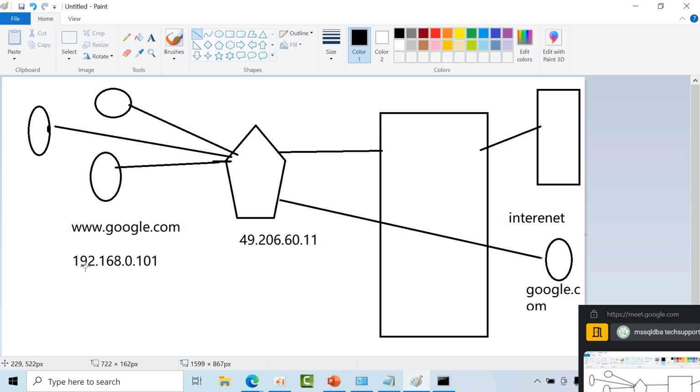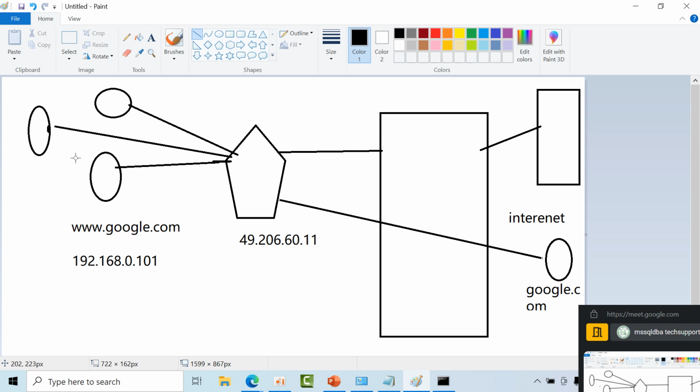Yes, good. Google.com will see only 49. This helps to reserve public IP addresses. Instead of wasting public IP addresses here, we are using private IP addresses. The router helps us in the home.